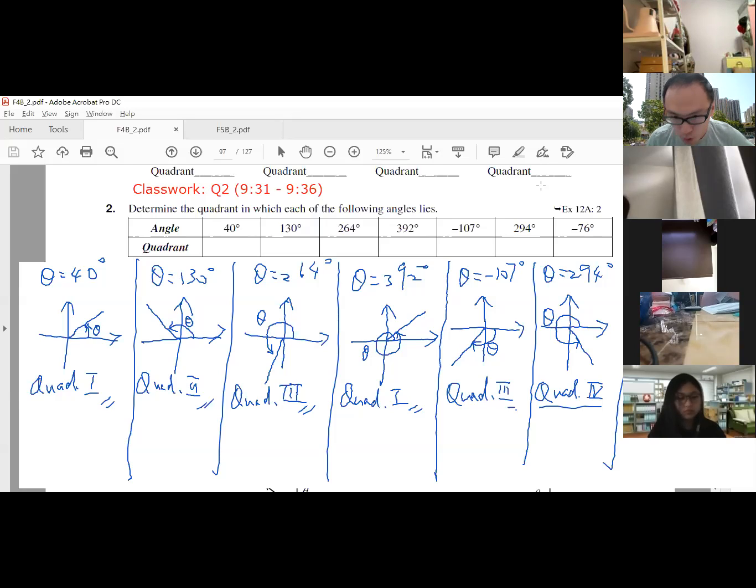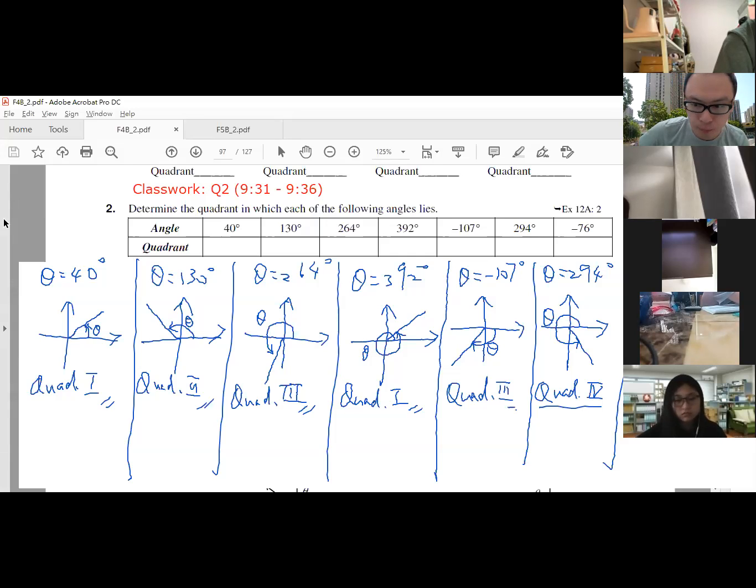quad 4, okay? And then negative 76 degrees, again it is quad 4, 又係順翻時針轉嘅，係咪？It's okay? Okay, any problems up to now? 有冇人有問題？有問題嘅舉手啊！呢度對咗未？有冇同未得？